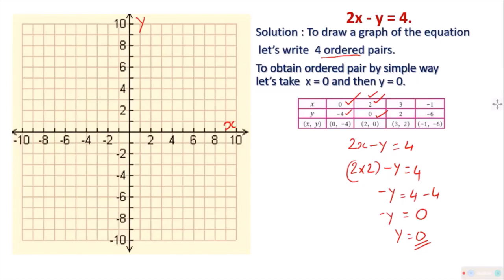To mark it, I need to put a mark. First I will consider x is equal to 0, y is equal to minus 4. So you should go to the x axis, and the 0 line is the line of the x axis itself. Understood? It is the line of the x axis itself. So you will be going from 0 to minus 4 of the y axis. So you should find minus 4 of the y axis, and 0 of the x axis. So x axis के हिसाब से 0 में रहना है, y axis x से -4 दूर है. So it will be here somewhere the marking would be.